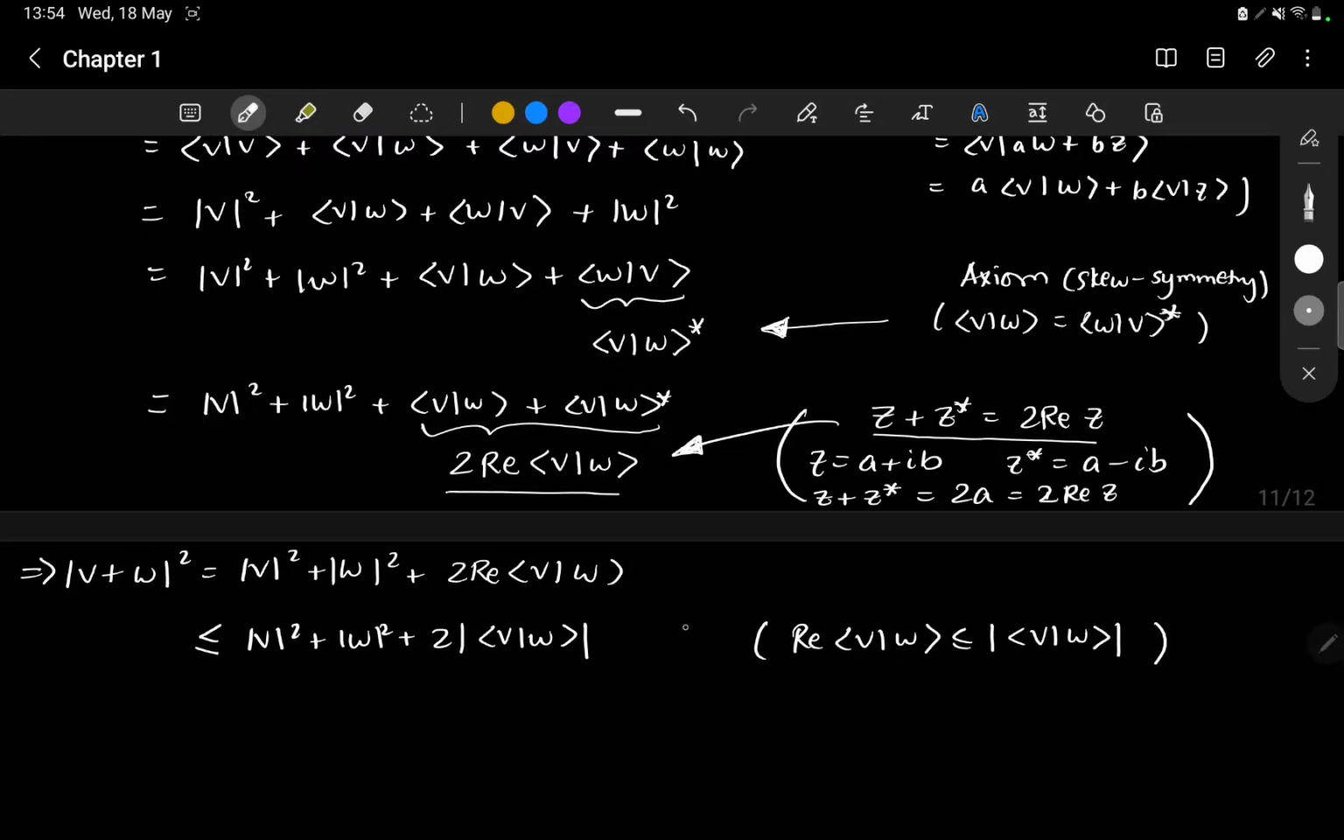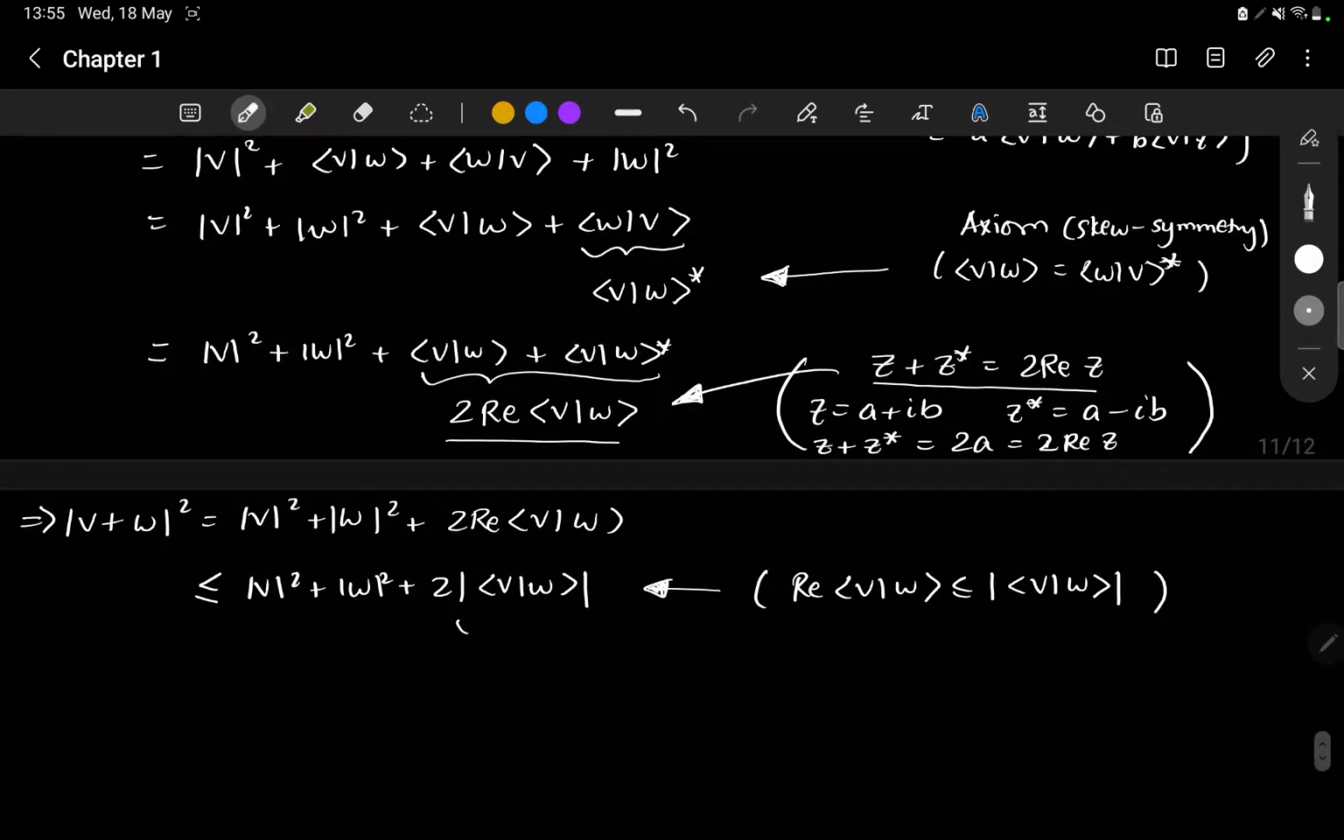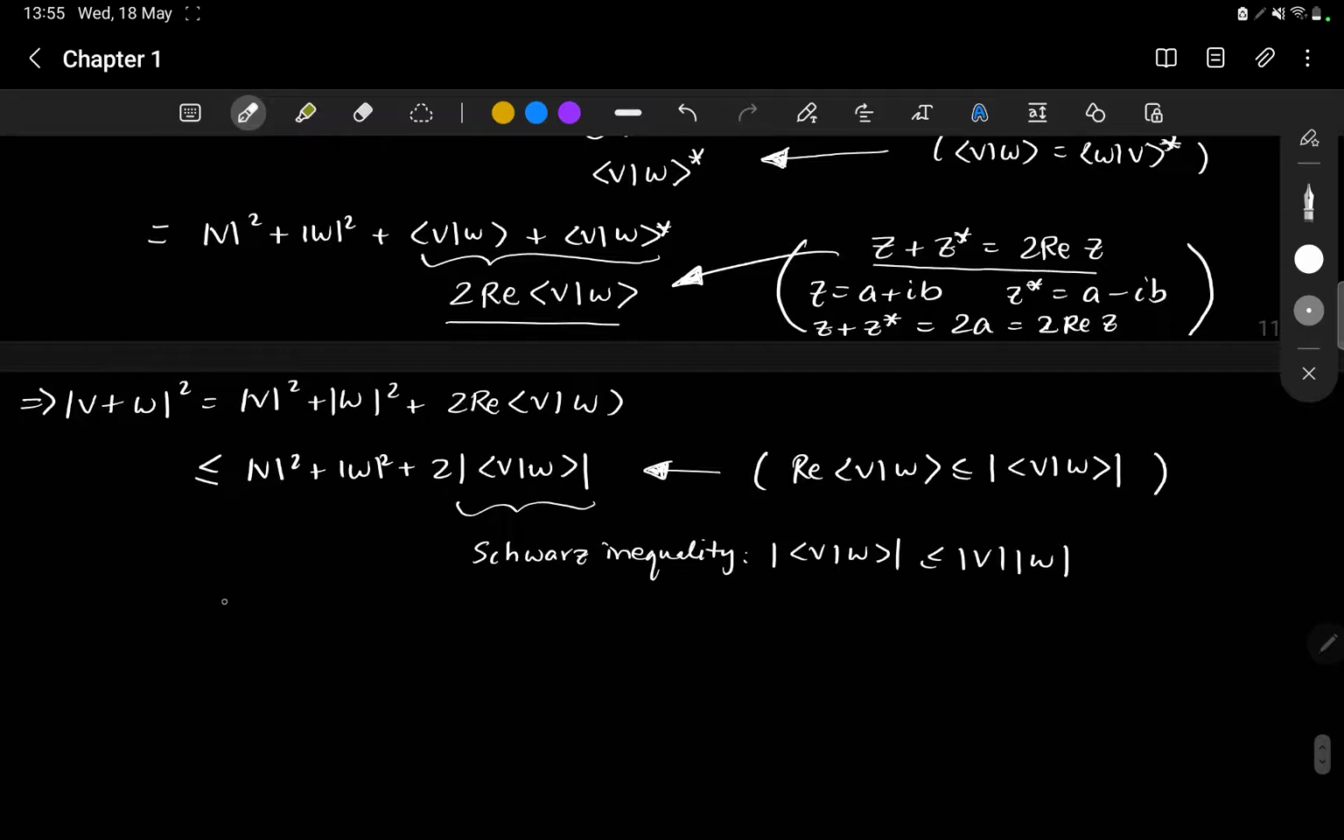So from this identity we get this line. Now here we will use the Schwarz inequality. So from the Schwarz inequality, we have the following. So now applying the Schwarz inequality, we get